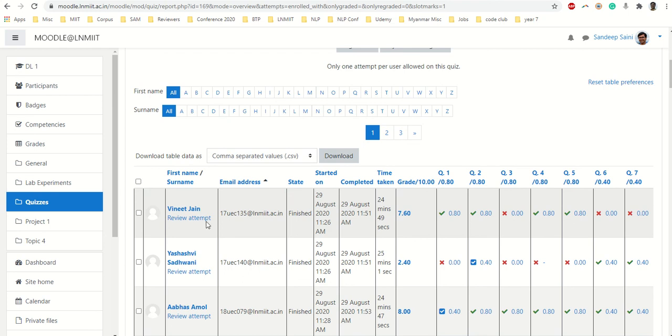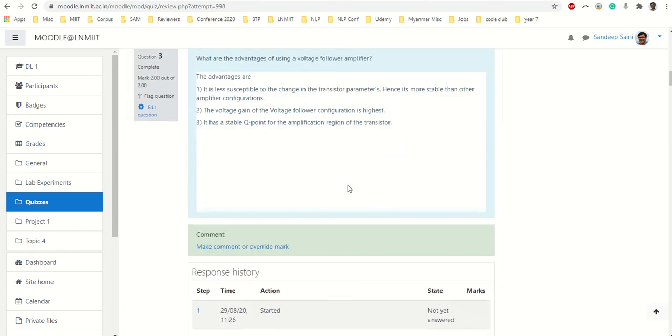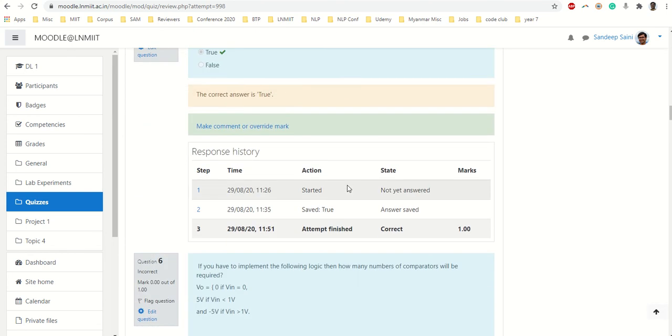Fine. Other types of questions also, let me see if I have those in this pool. Otherwise, if you have short answers and you have put wrong spelling of the words, you can rectify that.